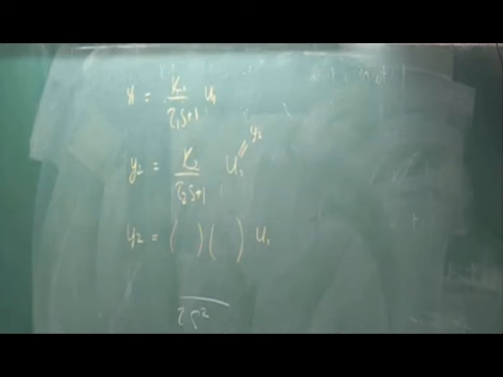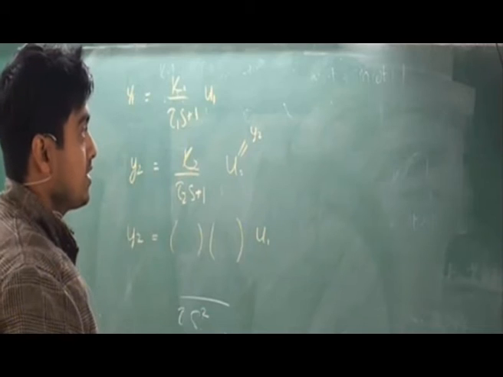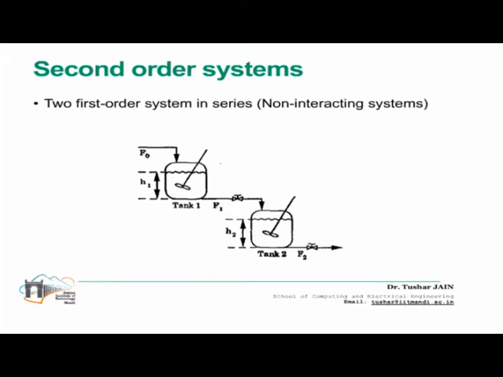Okay. So this is the practical scenario where you see the system is a non-interacting system, in the sense that you have this one tank, which we have seen is a first order system. Okay. There's another tank which is also a first order system. So non-interacting in the sense that these systems do not interact among themselves. Either there is a flow from tank 1 to tank 2, or tank 2 to tank 1. There's only a one directional flow. Okay. Here in this case we have the flow only in this direction.